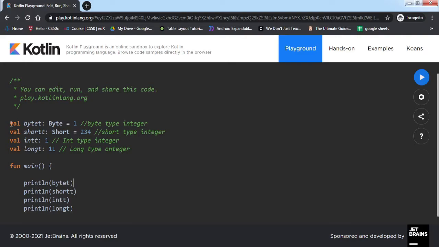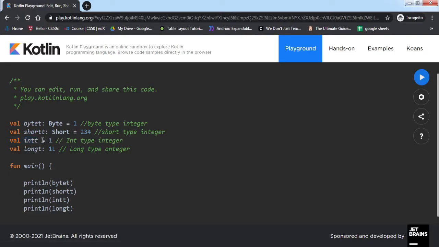So okay, you can see that for defining the byte type variable, we have used the byte keyword after this colon, and for declaring the short type, we have used short. But here you can see for declaring the integer type, right, I haven't put in the type of the integer because, as I've told you, okay, I've made a mistake here.